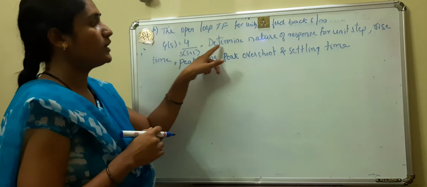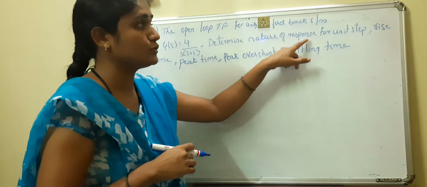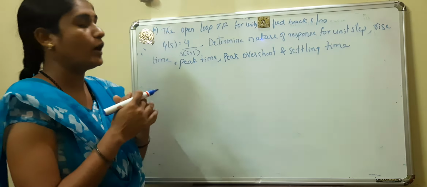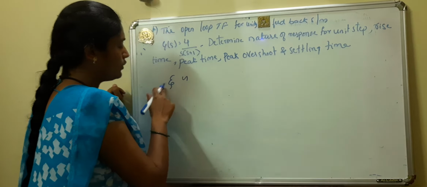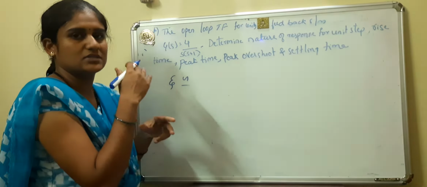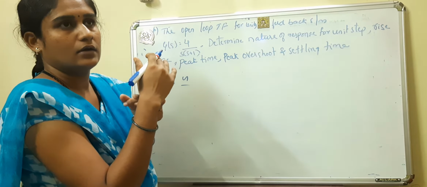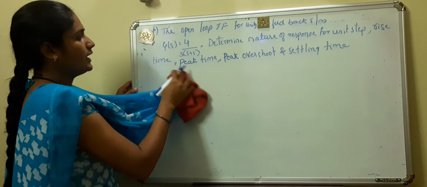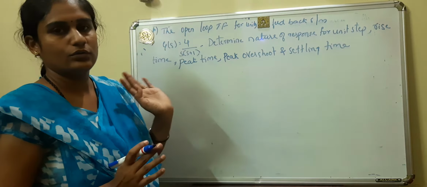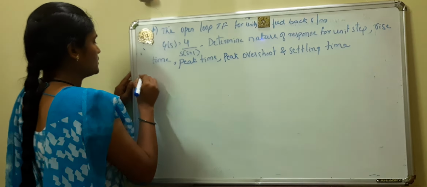Okay, to determine the nature of response for the unit step, we have to calculate zeta. Depending on the value of zeta, we will say whether the system is undamped, overdamped, critically damped or underdamped. After that we have to calculate rise time and peak time. The formulas are there, so we have to see this. Okay, yes, solution is